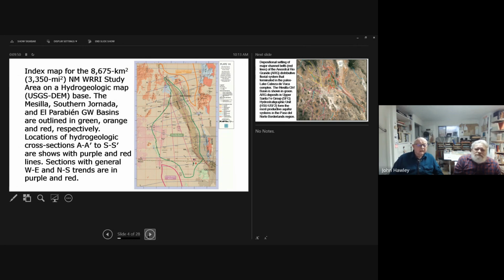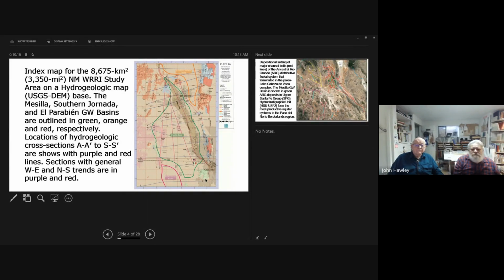The next slide is the details of the New Mexico Water Resources Research Institute study area. And to the south, the line that I'm following along here is the alignment of Mexico Federal Highway 2.